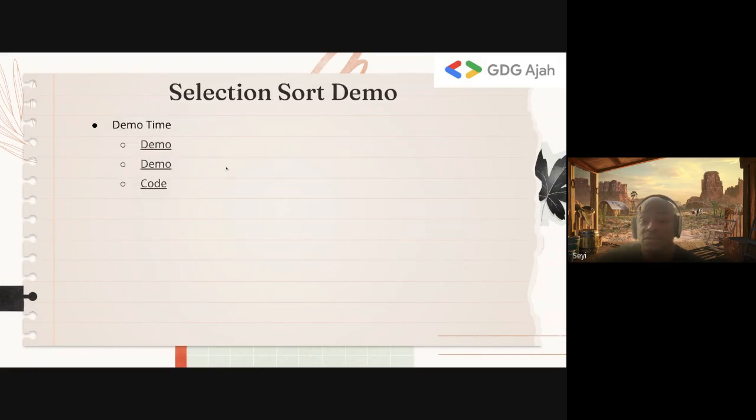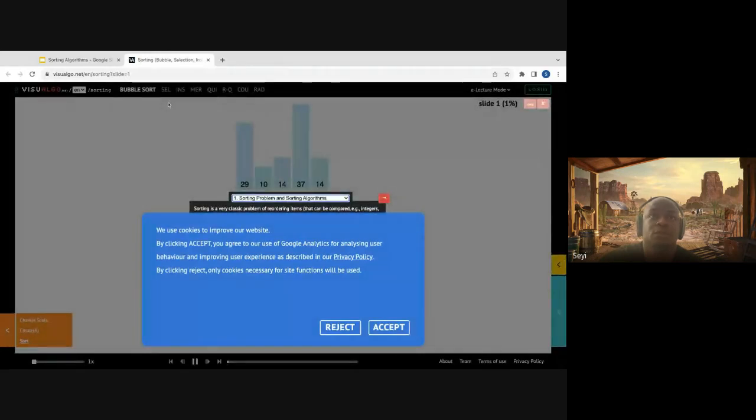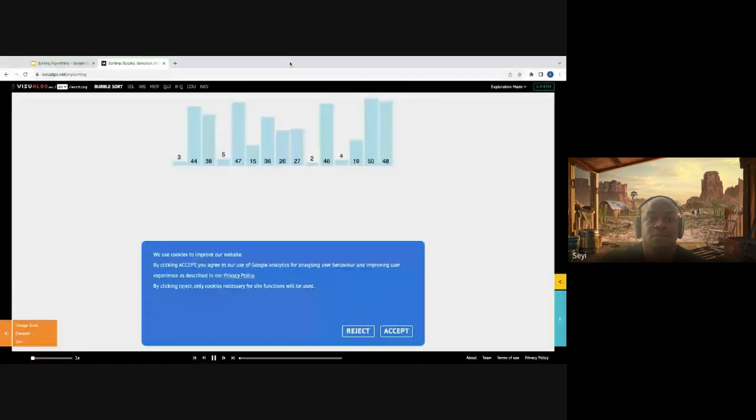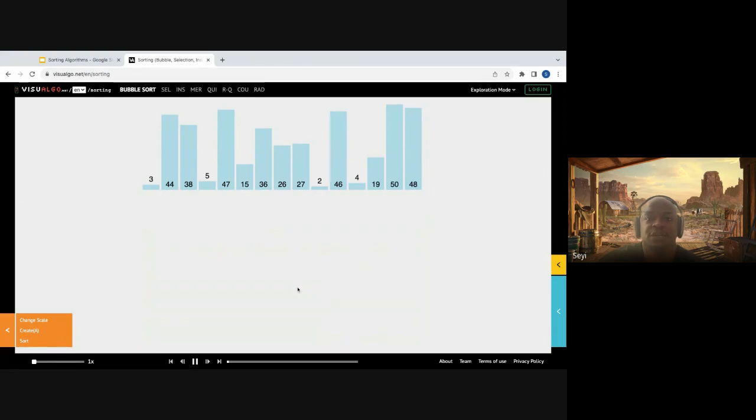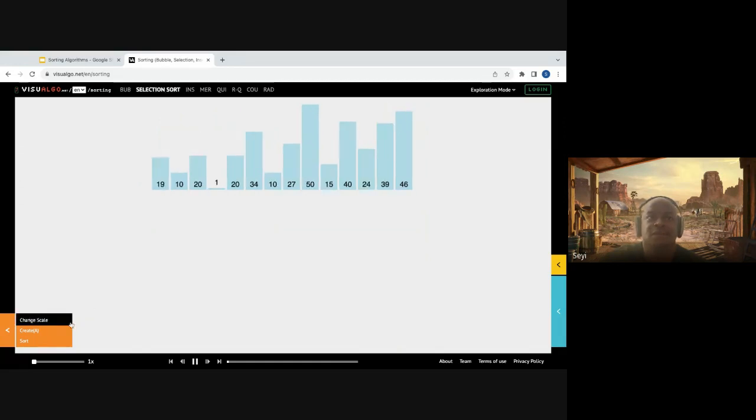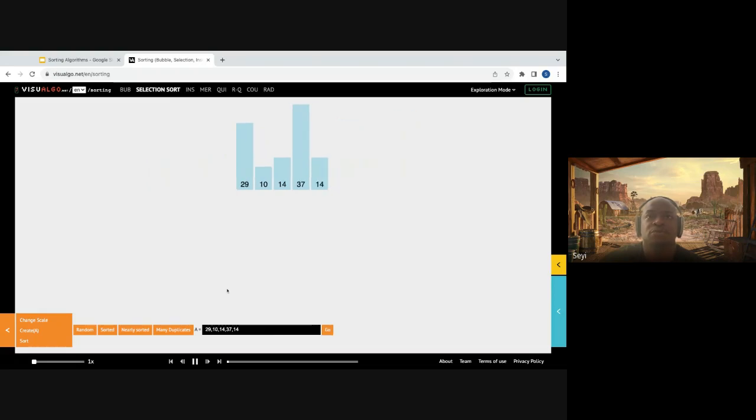So I'm going to be going through demos. Let's start with the first demo. Okay. Is this legible enough for everybody? Actually, I think this is better. Is this legible enough for everybody? Thumbs up if it's legible. Okay, cool. So now for selection sort, I'm going to create a smaller array. I want the arrays to be small so that it's easy to follow. If you have a question, go for it.